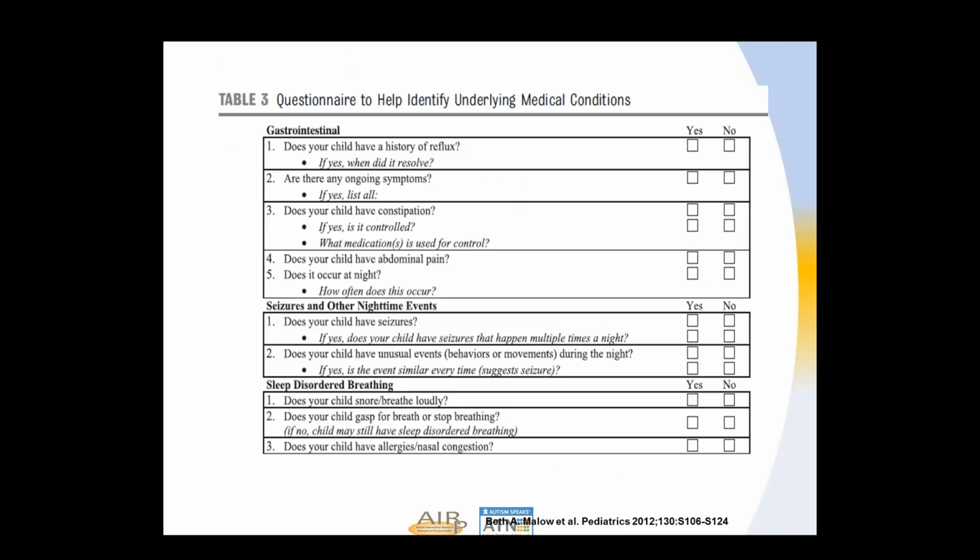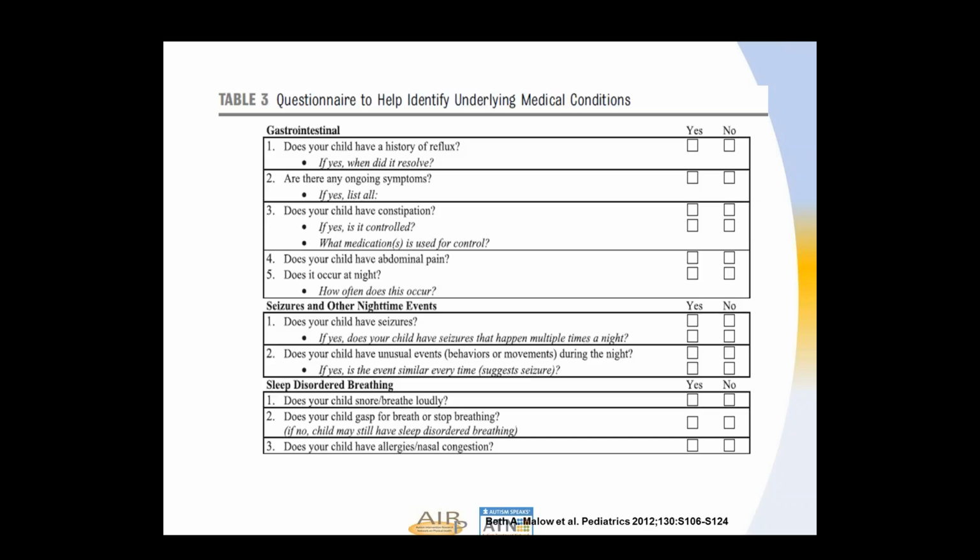So, what kind of medical conditions might be contributing to insomnia or sleep problems? Well, GI conditions can do this. Does the child have a history of reflux or any symptoms of reflux? A common problem with people who have GI reflux is that when they lie down, their stomach contents come up into their esophagus, causing heartburn and discomfort, and sometimes even spitting up stomach content. So when we hear that these children are having difficulty falling asleep, it could be because they have reflux as a contributor to their sleep problems.